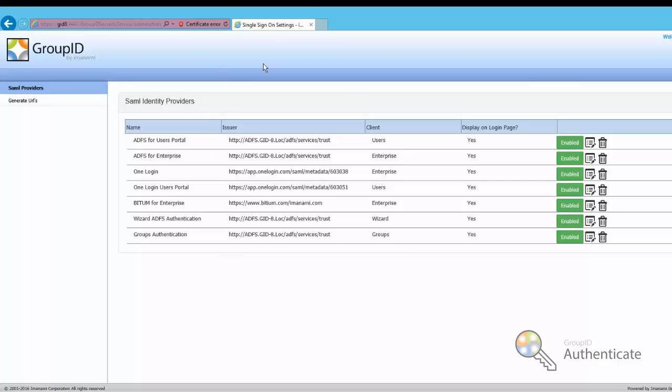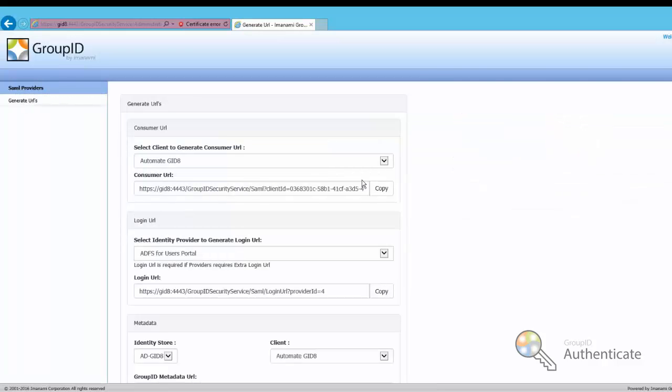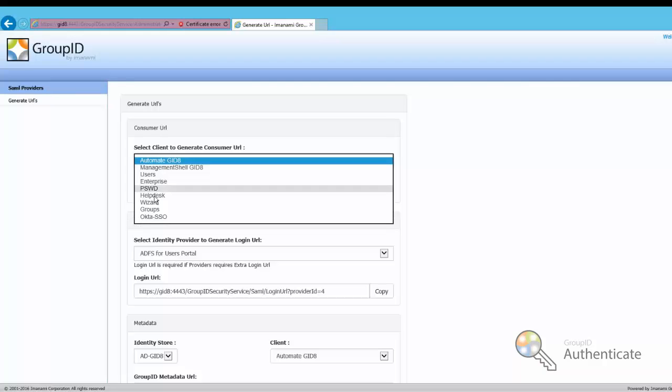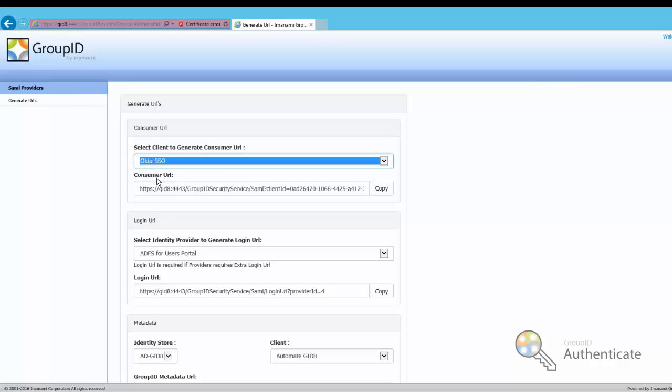And here we have a list of available configurations. So these are the providers I have already set up. Now there are two options in Authorization Manager. We need to click on Generate URL and select the application against which I will set up the authorization for a single sign-on, and the consumer URL is what we will be using to set our configuration in the provider, and this consumer URL is unique to each application. So I'm just going to press copy,